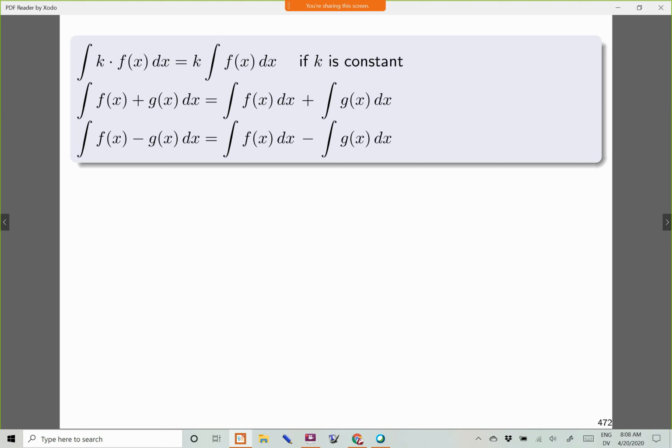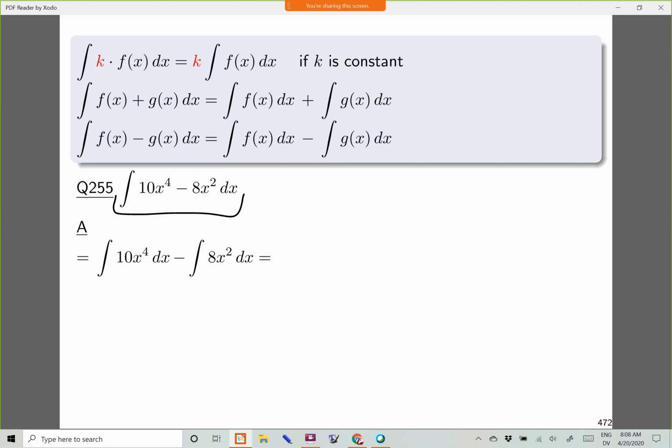So same 3 formulas left at the top, but here's a new problem. Now we have the integral, or the antiderivative, of a difference. So we're going to apply this formula, where the f of x is 10x to the 4th, and the g of x is 8x to the 2nd. And if you take a look at how that gets written, it gets written as 2 separate integrals, but they're each going to be smaller. Due to an interest of space, I didn't recopy the question. Sorry about that. I did write an equal sign to start the answer. But what you'll notice is integral sign first.